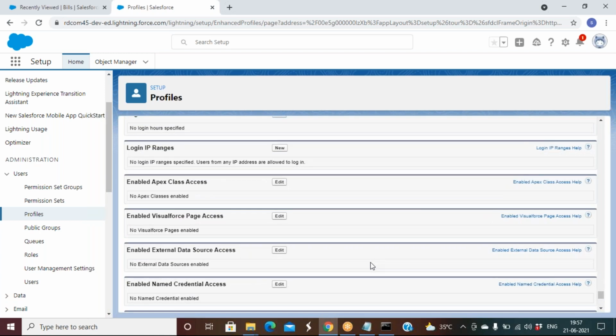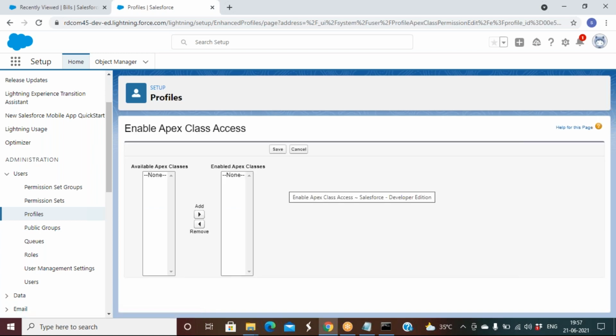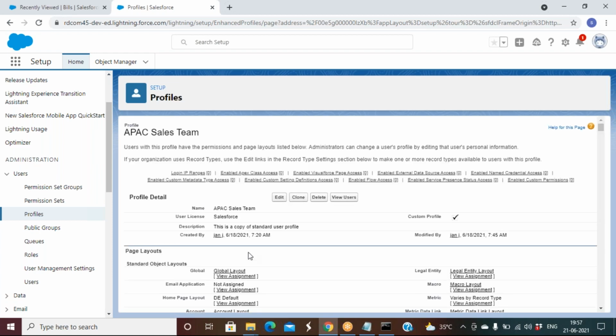Sometimes your developer might have developed something for a user, maybe a Visualforce page or a requirement that can be done only through an Apex class or a Visualforce page. Then the developer will ask you to give the user access to the Apex class. You can see that Apex class name in the list. Select it, add, and save. The respective user will get that access. It works the same way with Visualforce pages.